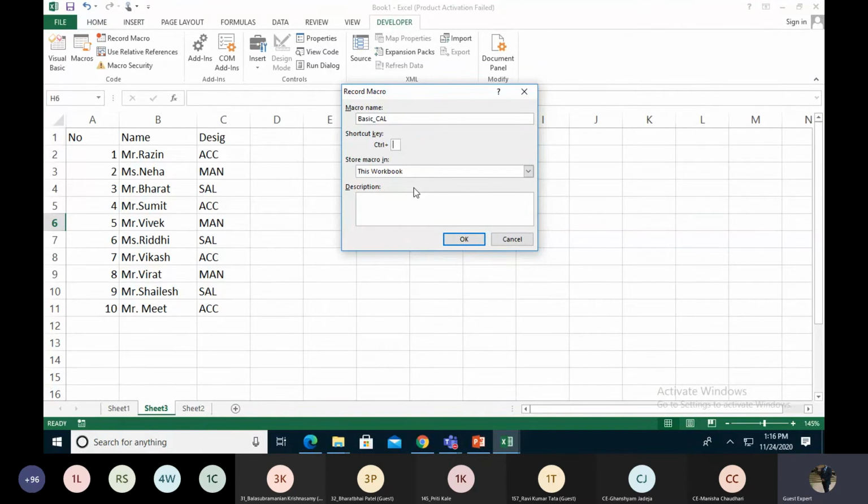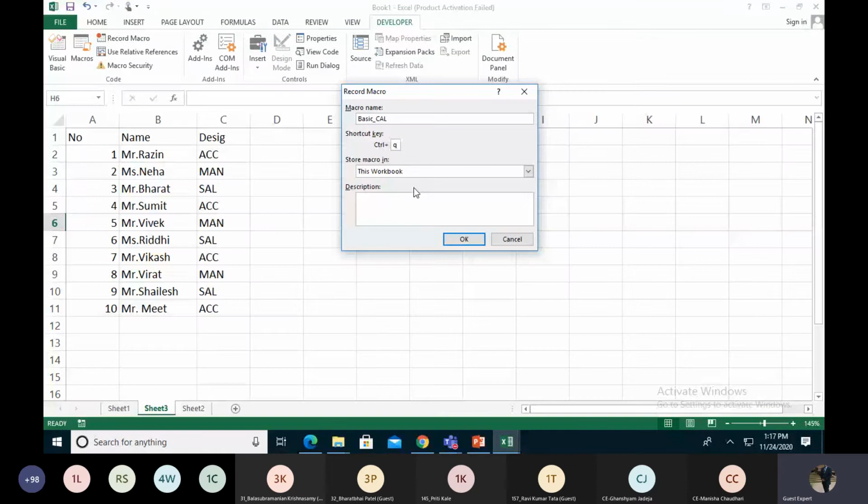Remember one thing: Control C, Control V, and Control A are already assigned keys, so we are not using those keys. We use other keys like Q, E, R, T, O, which are not assigned anywhere else. If you want to use Control C, press the Shift button and then press C. Over here I'm using Control plus Q. That is a basic macro I will just show you.